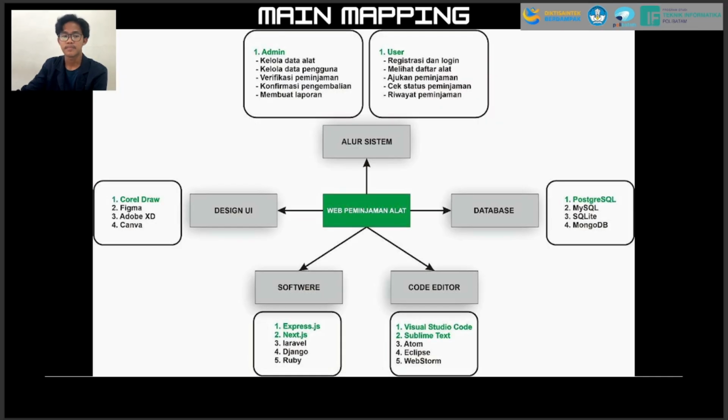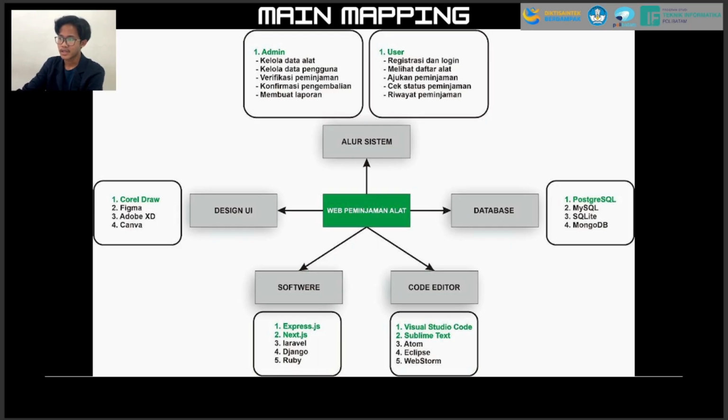And for the site mapping, this diagram shows the overall flow of the system, how different components are connected, and how users navigate between pages. It helps us visualize the logical structure and ensure that all functions are linked properly, from the alert system, design UI, database, and software and code editor.